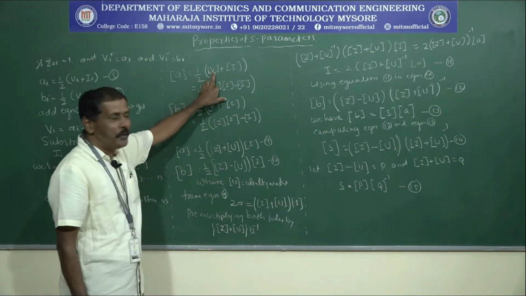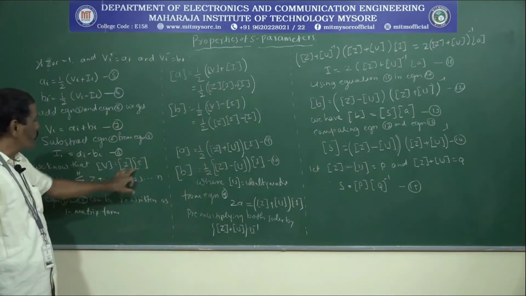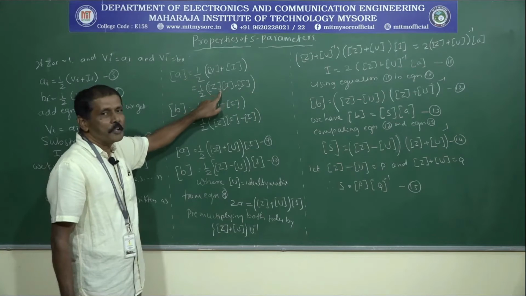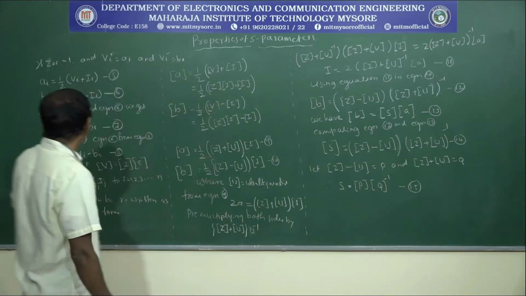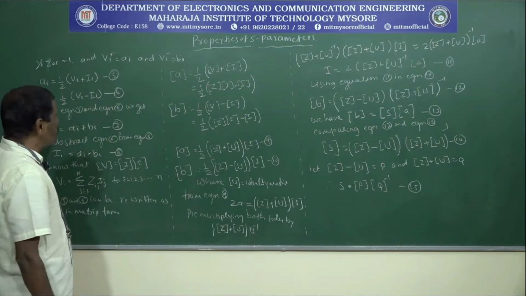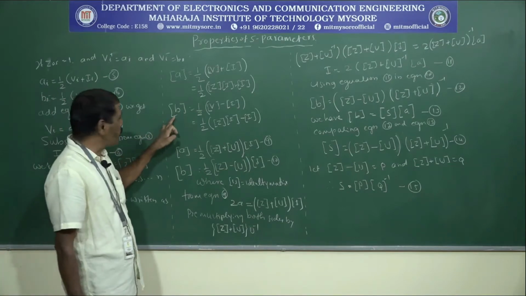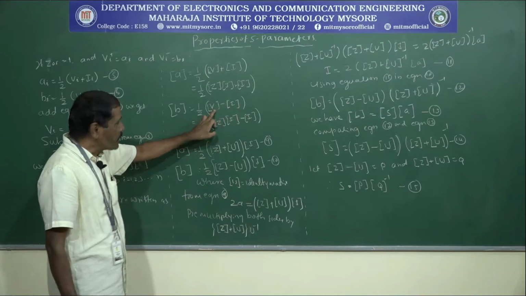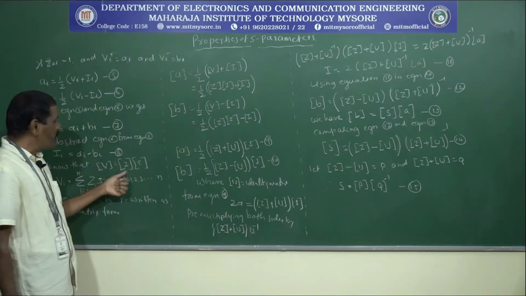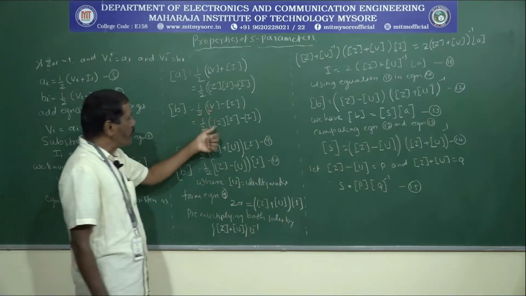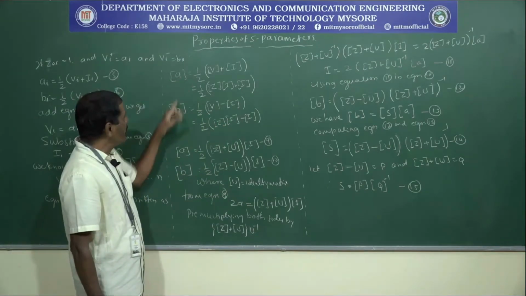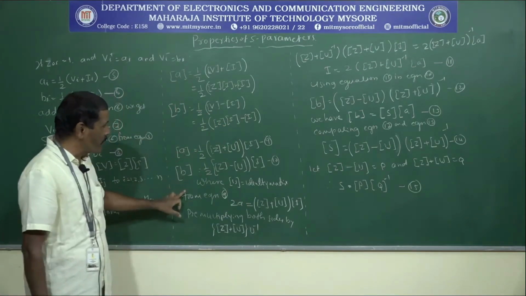As you know, V is equal to I into Z. So this V we are replacing by I into Z. Similarly, in equation 6, Bi is written in matrix form as B equal to 1 by 2 into (V minus I). Whatever this V is, you know that V is equal to Z into I, so you will replace V with Z into I.